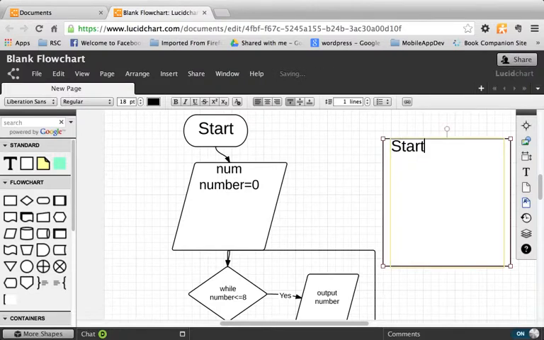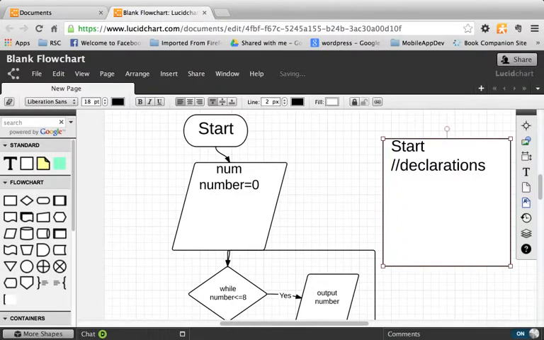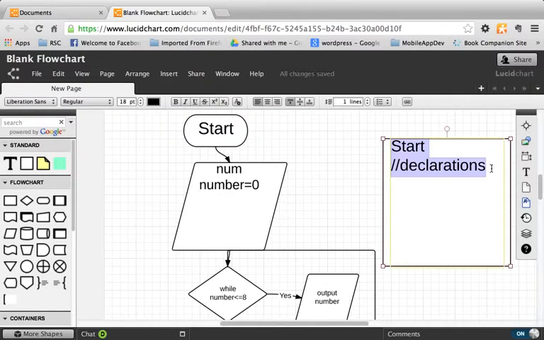Okay, so I'm going to go inside here, go up to the top left, and increase my font. And so this would say start, and then I could put my comment, or if I wanted to, the declaration, which there's really only one this time. Oh, I forget this thing goes crazy. Shift enter, and it would be number equals 0,